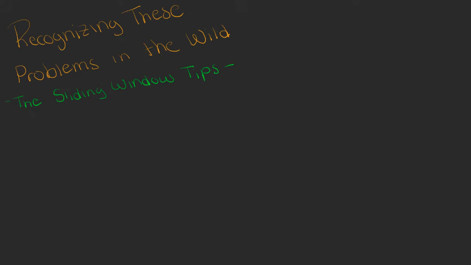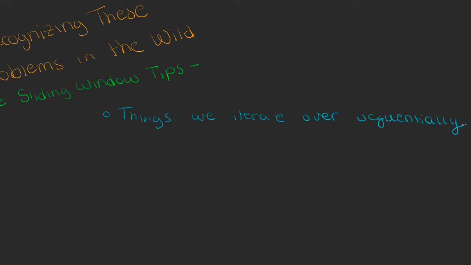How do we find these types of problems and know right off the bat, hey, this would be a really, really good candidate for the sliding window technique? And the first thing to note is that typically these problems are really well suited for iterable items, things we iterate over sequentially. And that's really one initial dead giveaway, because what we are concerned with is the contiguous